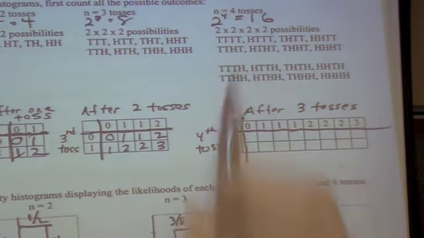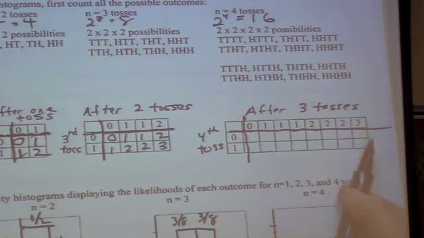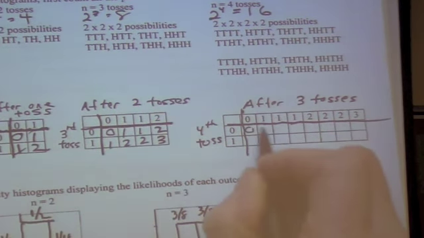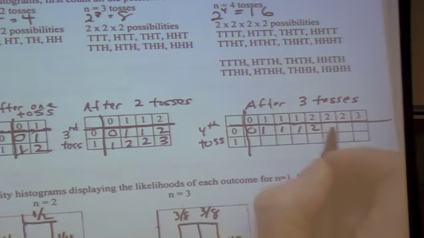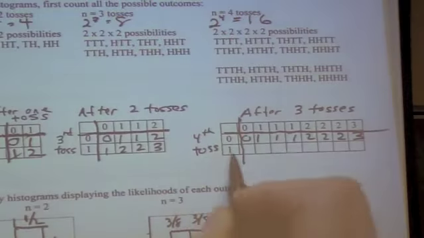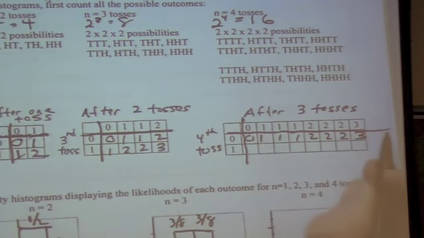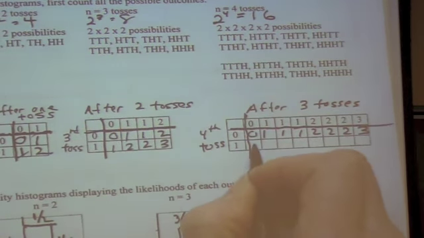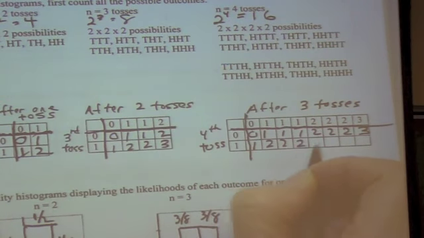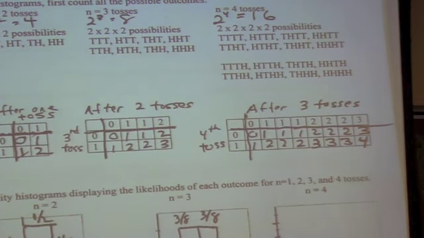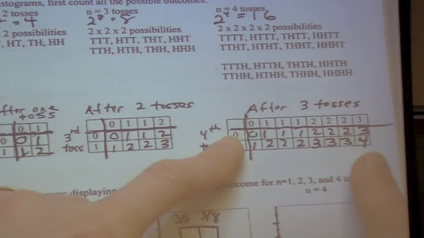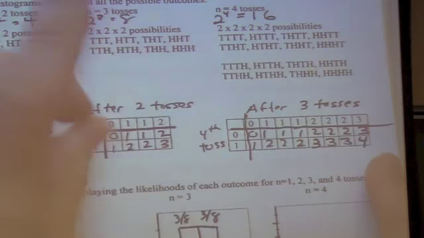Alright, so if I get a tail, I don't get any more heads when I'm counting heads, so I'll just leave this top row the same, because remember we're counting the number of heads. And if I get another head on the 4th toss, then I'll just add 1 taller. So I have 1, 2, 2, 2, 3, 3, 3, and 4. So now there's 16 possibilities and only 1 out of 16 ways to get either